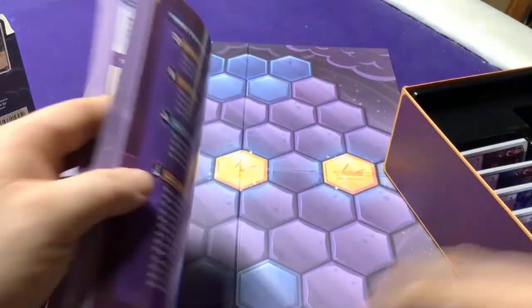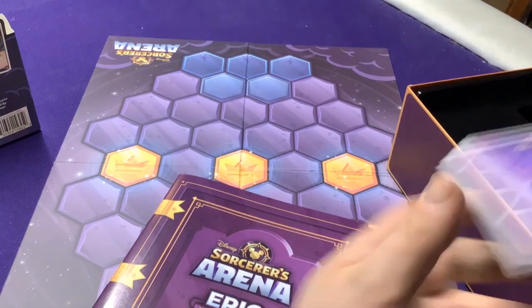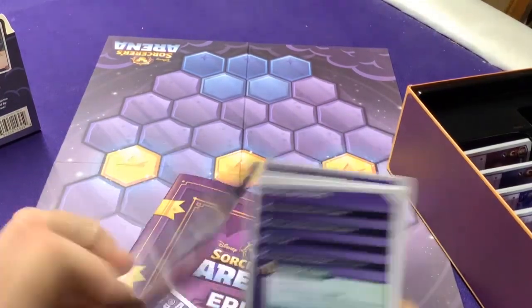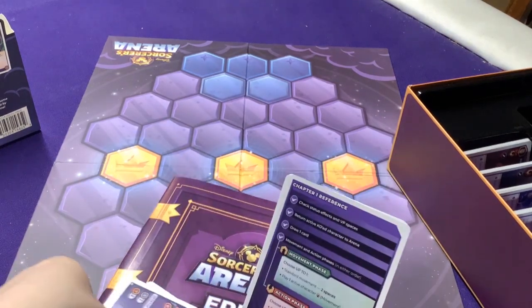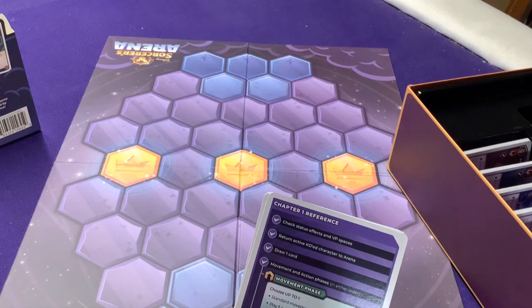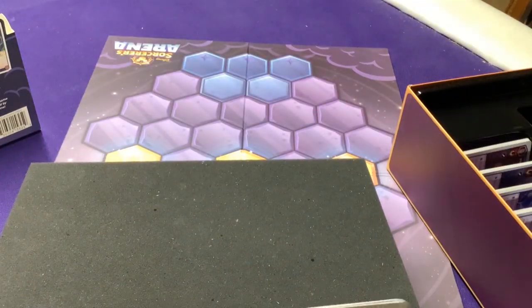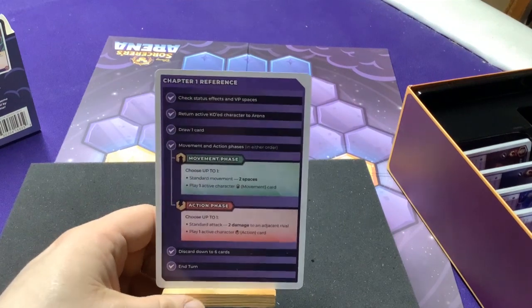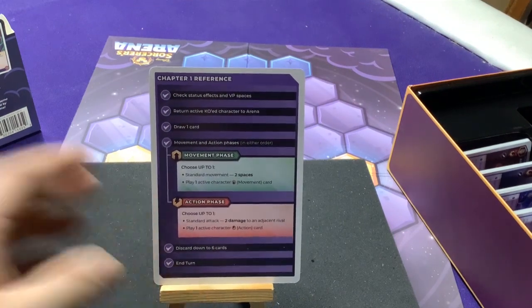Alright, so I'm going to grab one of these quick. We're just going to kind of do a quick breakdown on what you get to do during your turns. And then we'll look at some of the cards and we'll break down some of that as well. But that way you have an idea of what the cards do when we go over them. So Chapter 1, so